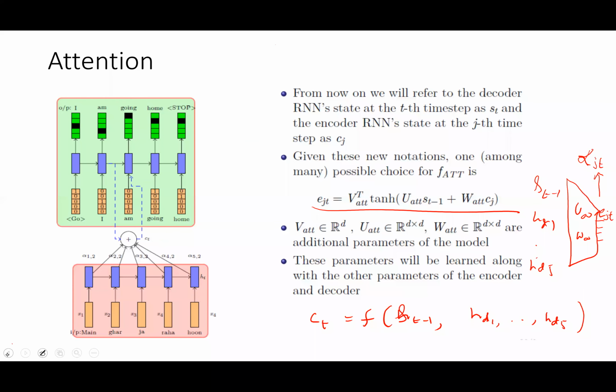Gautam and Vamsi. Yes, sir, I understand. So we learn this U, W, and V along with the training, right? Yes. Though we don't show it here, there is a small feed forward network which takes all these states and tries to give the weights for them, based on the previous state and the overall cost.